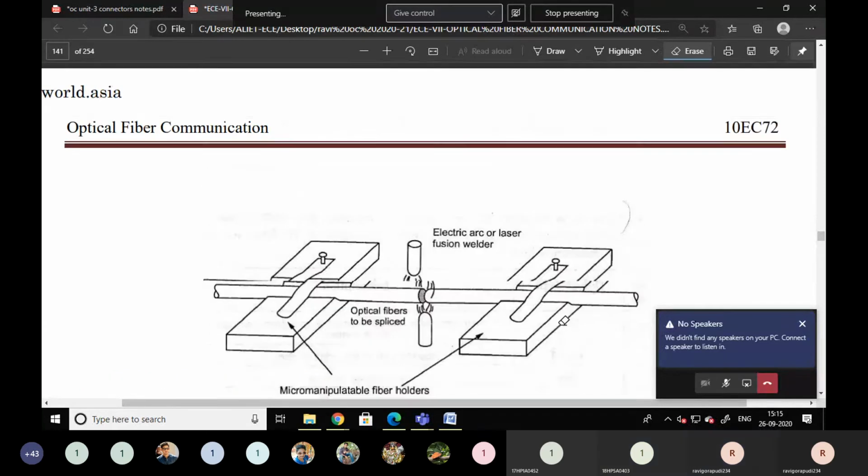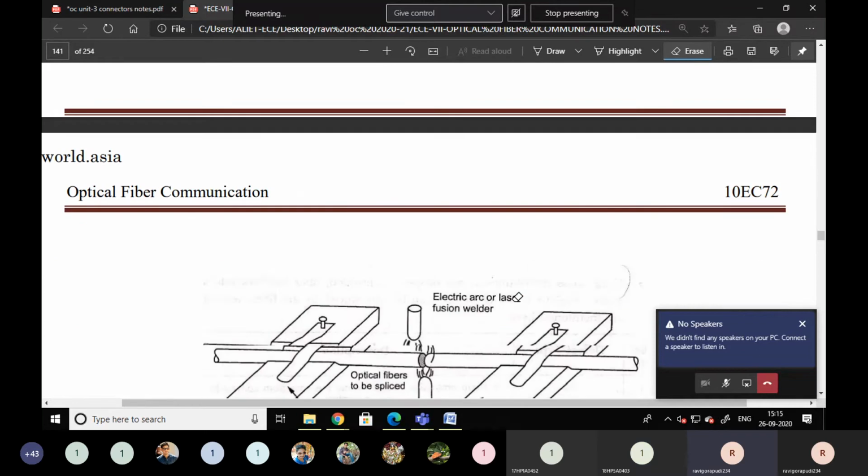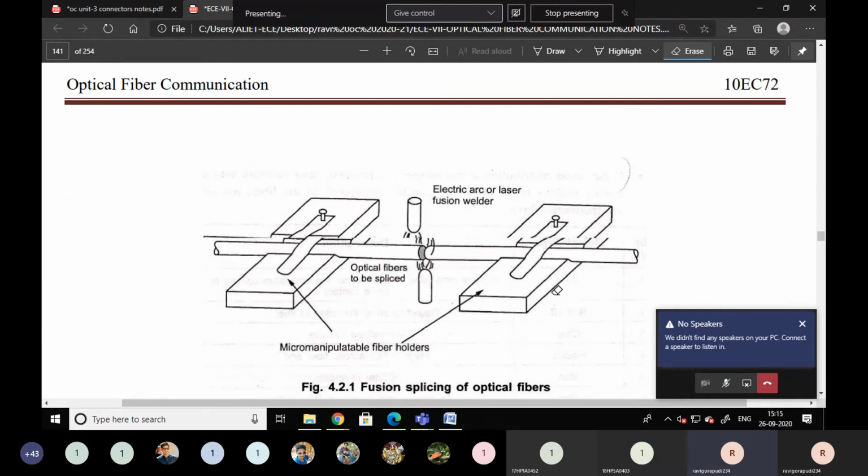Yes, sir. The portion is completing, but I already told you that completing the three chapters is not completion. Whenever you prepare well and can write answers for questions, then only it is completed. Completing the second chapter, third chapter, this topic is not completion. You prepare well, remember some important content, then only it is completed. Especially for my subject, you have to prepare like that.